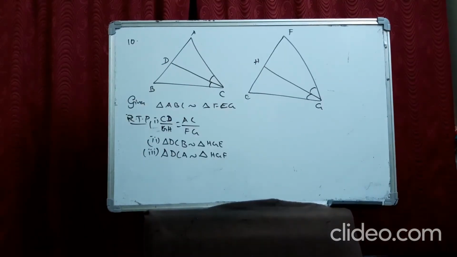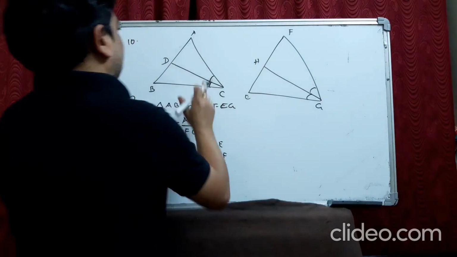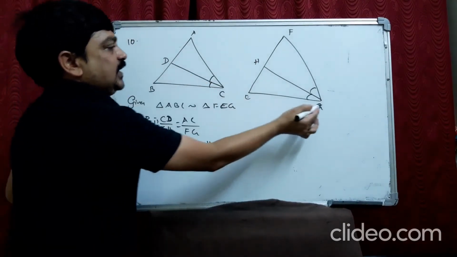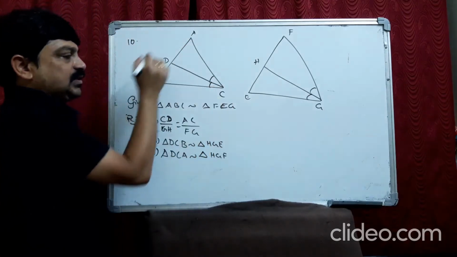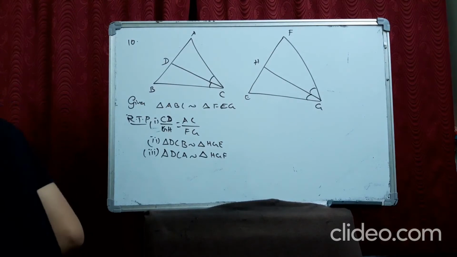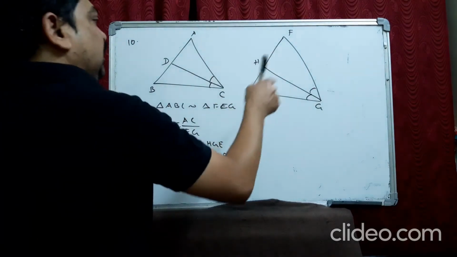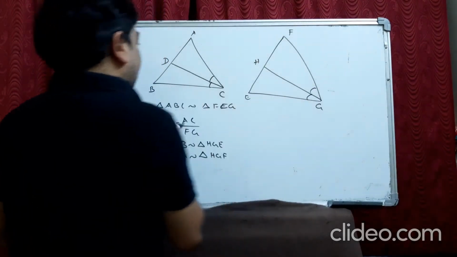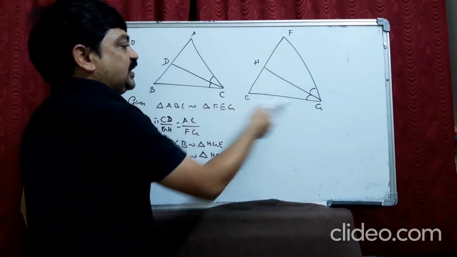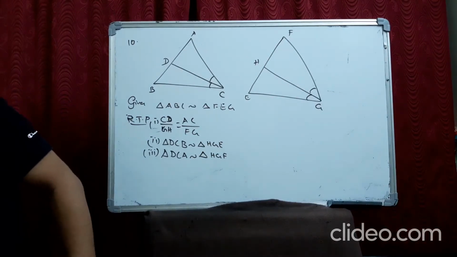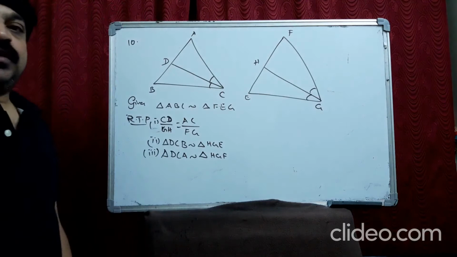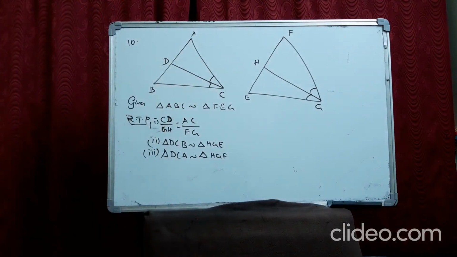All of you look at the 10th question. What did they give? They gave two triangles that are similar, and CD and GH are the bisectors of angles. Here it is the angle bisector of angle ACB and that one is of angle EGF. One very important thing is how to take it. You are given that triangle ABC is similar to triangle FEG. If you take E here, F here, it will go wrong. You should be a little careful in taking that.